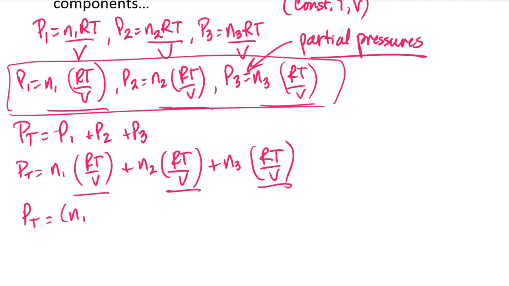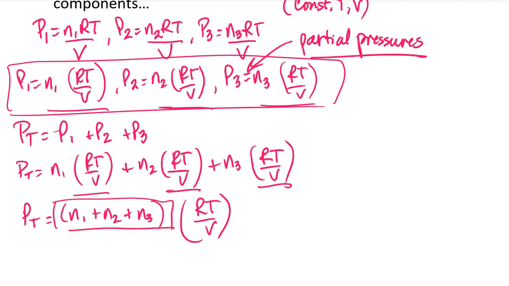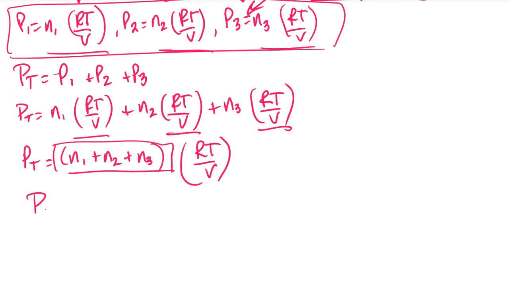So I could also express this as N1 plus N2 plus N3 times RT over V, and I can also define the sum of the number of moles of the components as the total number of moles,